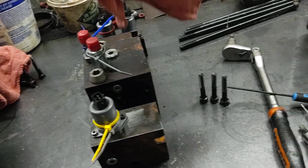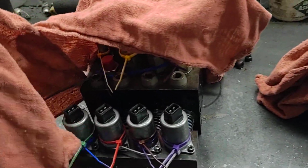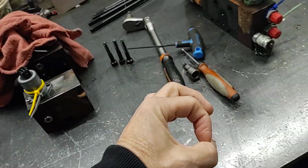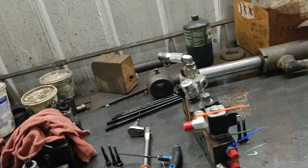But anyways, Kyle took the valve bank apart and all of its components. Found one big O-ring that was, yeah, there's your spools and your block. Anyways, he found one big O-ring between the sections that was compromised. So true to fashion,